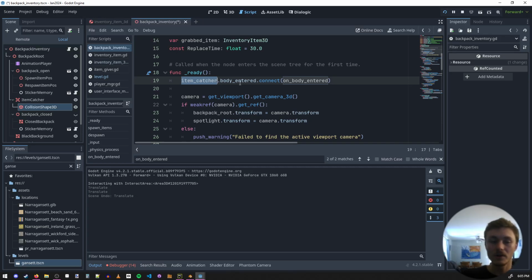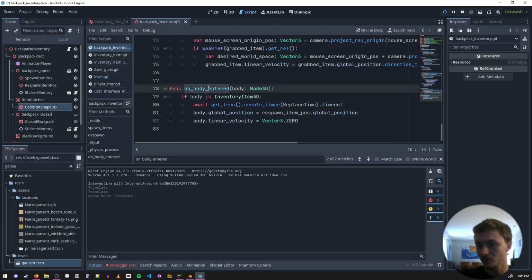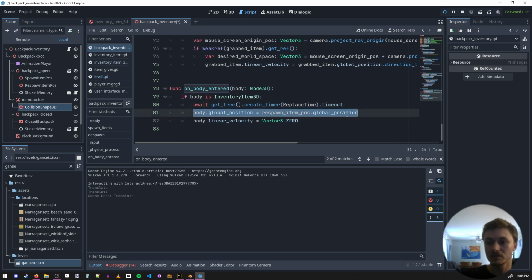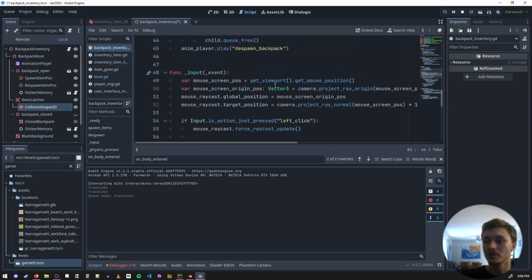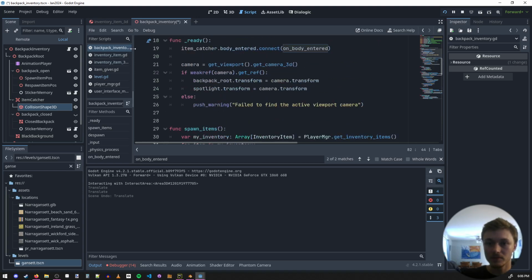So when an item falls out of the backpack, this function is called. If we control click on it, we can see that if the body is InventoryItem3D, then we're going to wait for 30 seconds, our replace time, and then we're going to move the body back to the right position up top. And we'll set the linear velocity to 0. Okay, so that is the backpack inventory code,